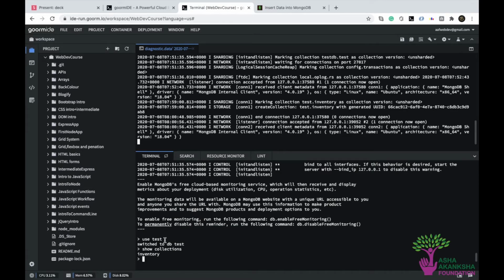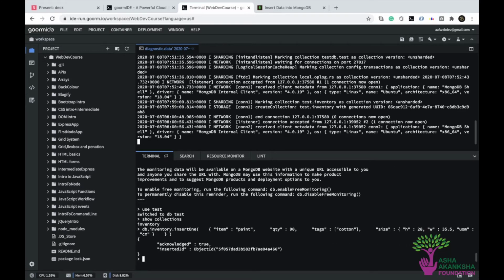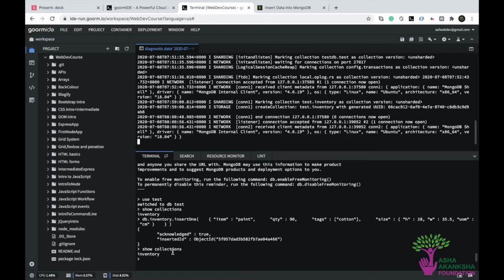And if I do the same command again, and I'll change the quantity to 90, and I'll change the item to, let's say, paint. And if I click OK, now if I do show collections, I see that I still only have one collection. And that is basically because